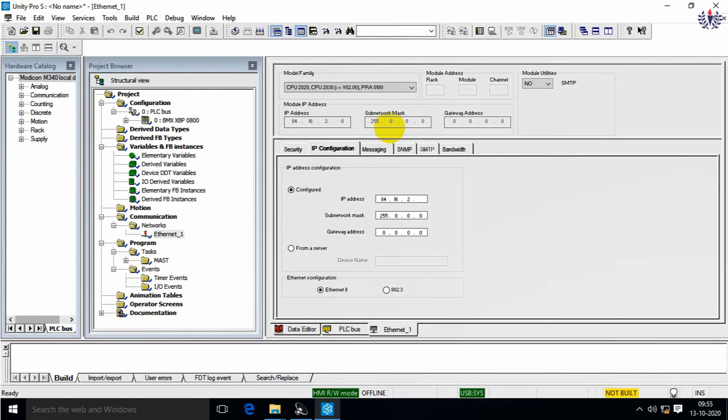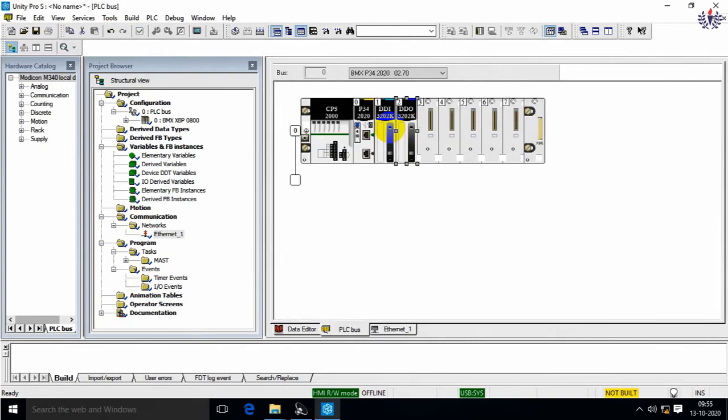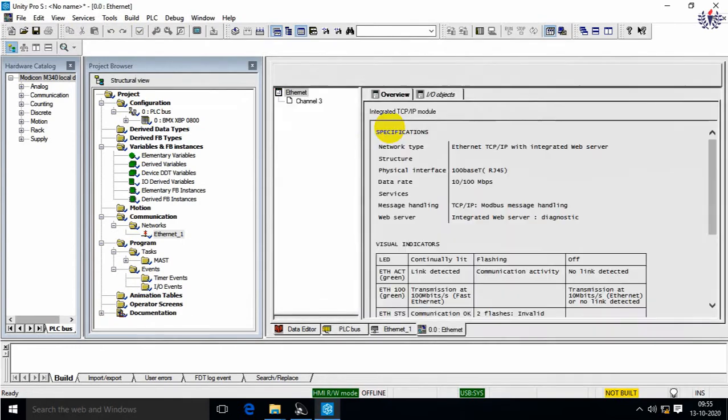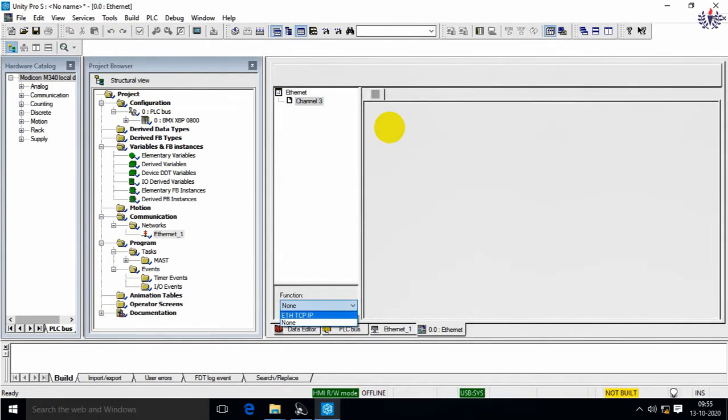So I am going to configure that. It is 44, and I'm going to validate it. It is validated, and once again the error message is still available. So I'll be going for the PLC bus. I will select port channel 3, TCP IP, that is the mode of configuration. I will give it and validate. Now the network is fine. We can ensure that the network is fine.